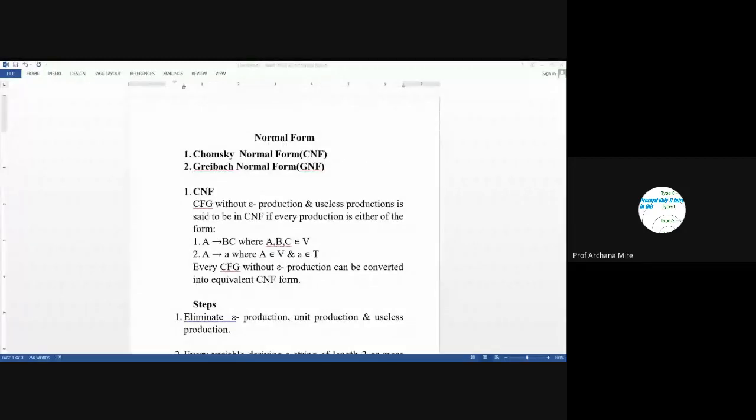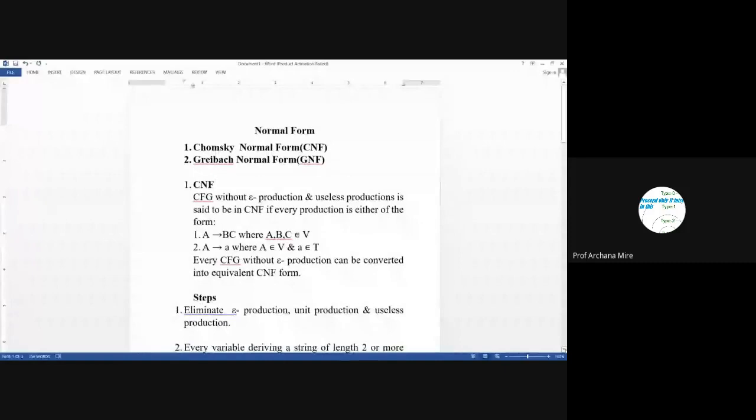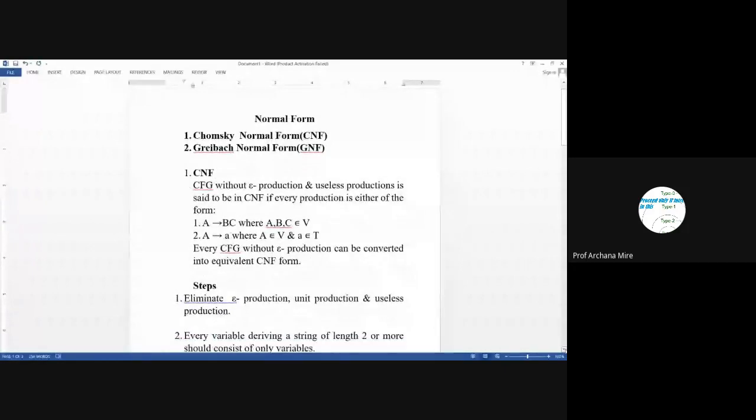Okay, so let's start. In the last lecture, we studied grammar simplification and had a short introduction to Chomsky normal form and how to convert a given grammar into Chomsky normal form. So let's revise it in short. The first step of Chomsky normal form conversion is nothing but grammar simplification, where we need to remove epsilon productions, useless productions, and unit productions as well. First we remove epsilon productions, then unit productions, then useless productions. We always have to follow the same sequence.